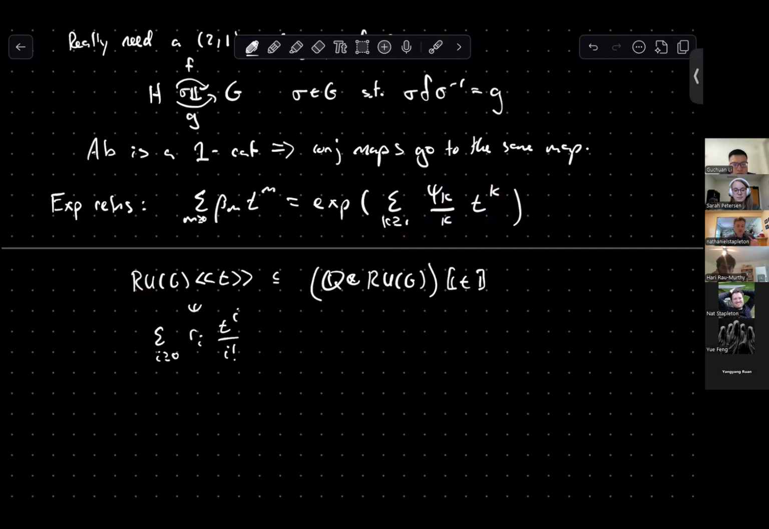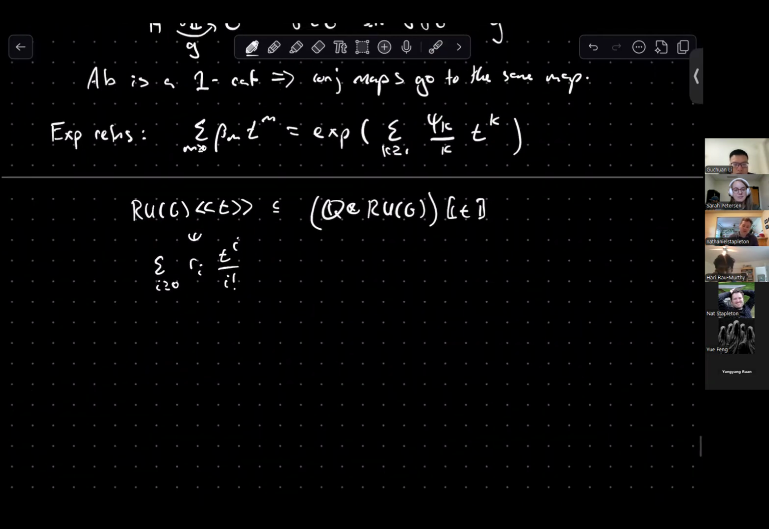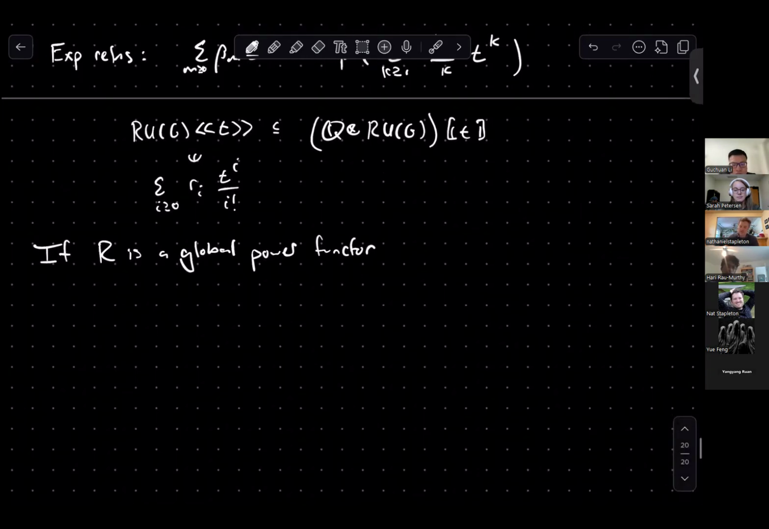So then to move towards what this talk is actually about today. Let's say I have some global power functor R. If R is a global power functor, remember that that's a global Green functor. So my global Mackey functor takes values in commutative rings. The restriction maps are ring maps. I have Frobenius reciprocity for the transfer maps. And then there's also power operations from R of G to R of G wr Sigma_m, and these have